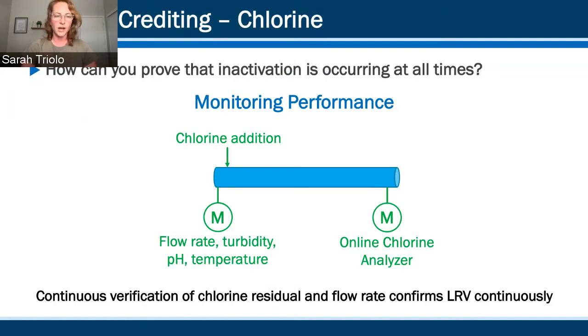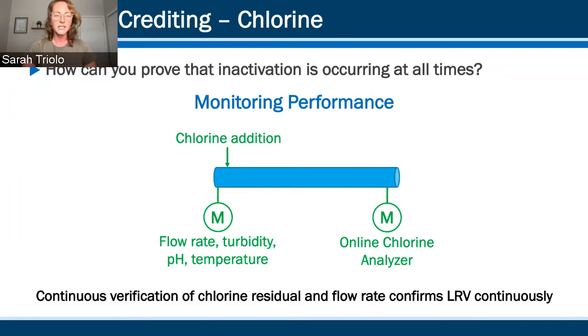And you need to measure up front. So the flow rate is important because the flow rate is what determines your contact time. So if you calculated your CT assuming a maximum flow rate of, say, 10 GPM, and then your flow rate went up to 15 GPM, you're no longer going to actually be getting the contact time that you thought you were. So you have to look at your flow rate and make sure that your flow is within the range